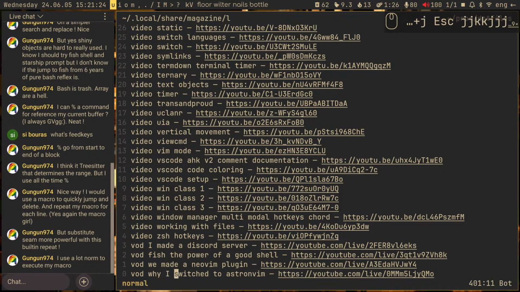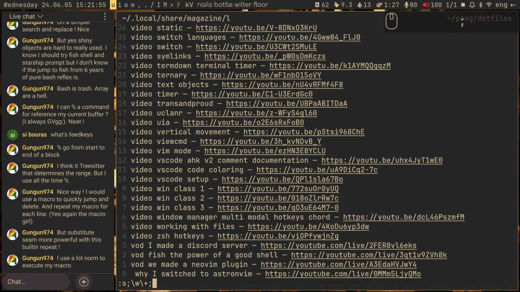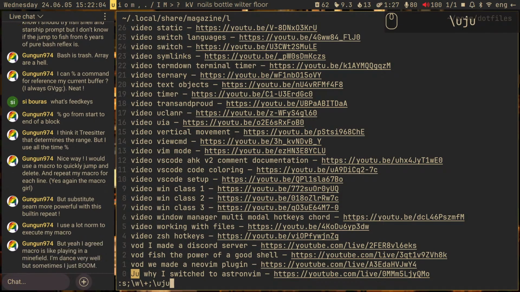Okay, let me show you a built-in way to title case words. Let's select this. I guess we don't need to actually. Let us select a word. So each word on this line that is before. Wait, that doesn't work like that. Basically, let's just select every word. Then we can title case it. How? We do backslash u,